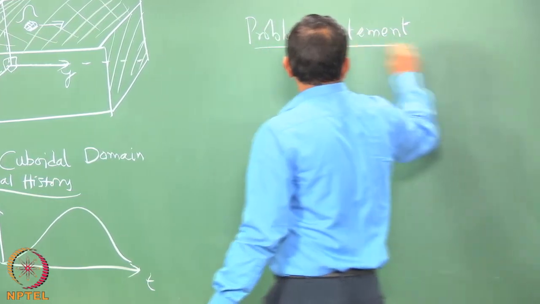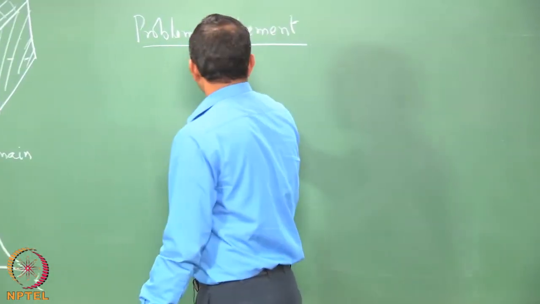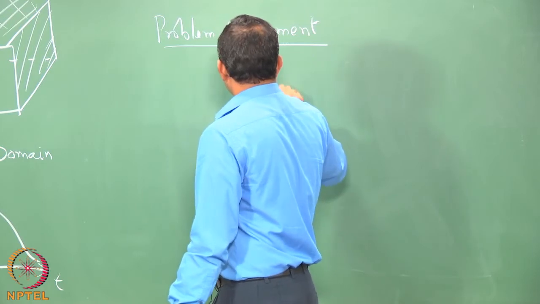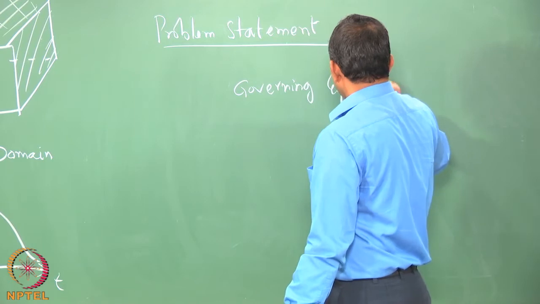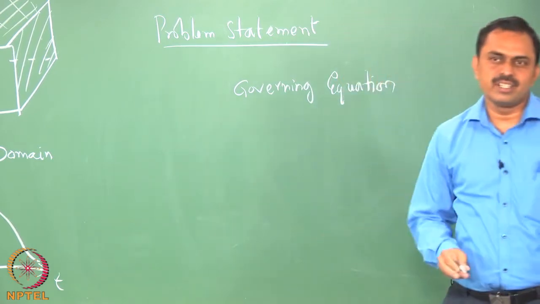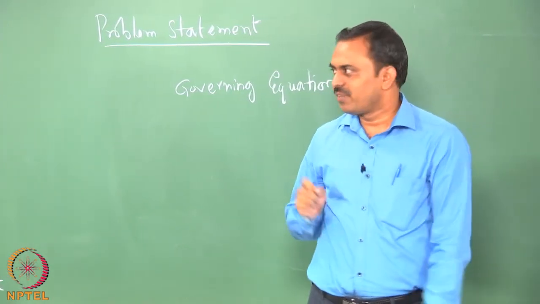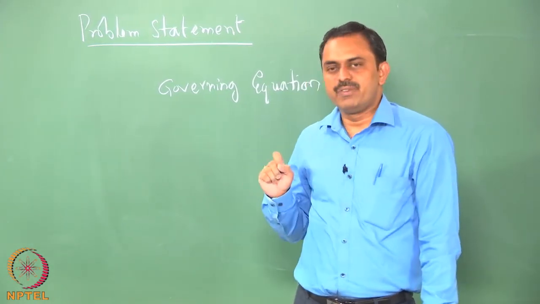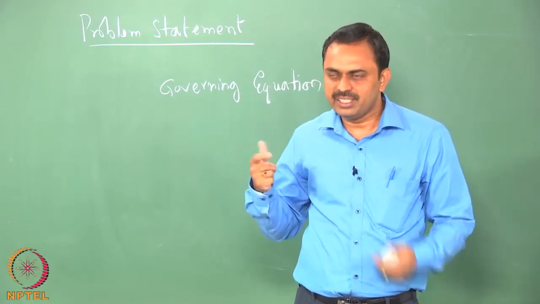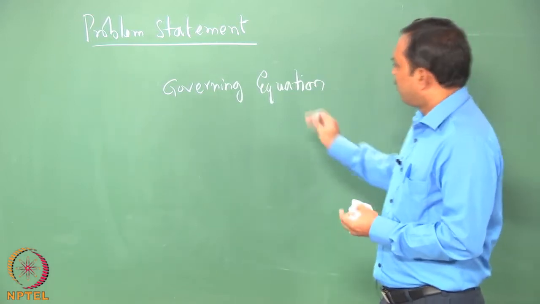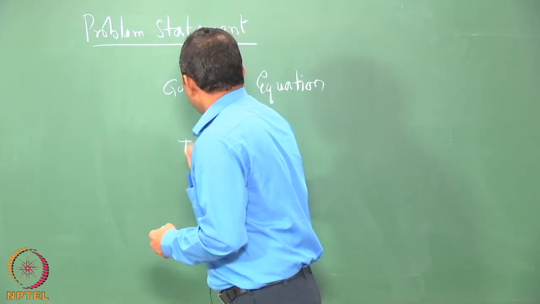So, what we mean by problem statement is basically a combination of various things. For example, we need first what is called the governing equation. What we mean by governing equation is the answer to the question, what are you solving? If a computer program is going to give you the thermal field, then how did it arrive at that data? How did it actually solve? What is the equation that it is solving? So, that is the governing equation, okay, and governing equation combined with the initial